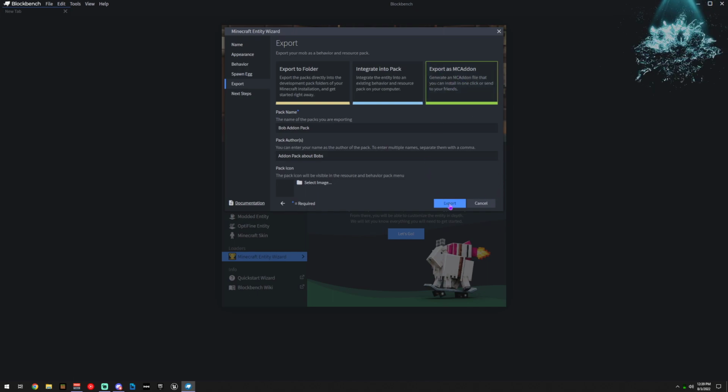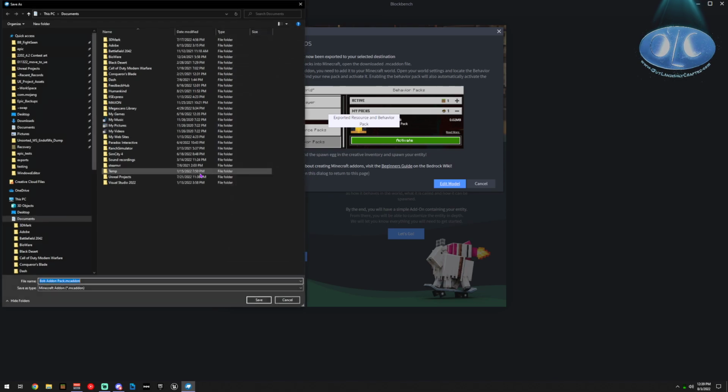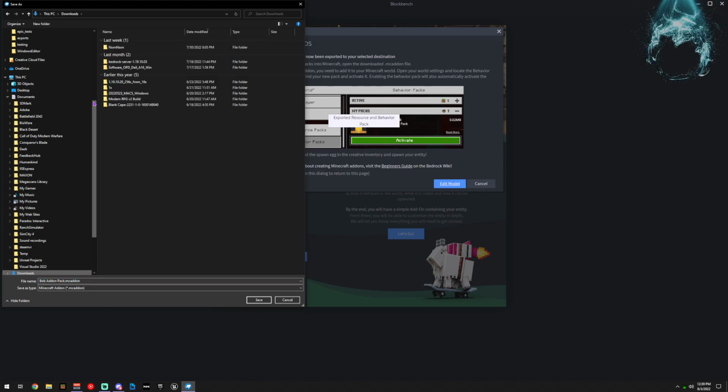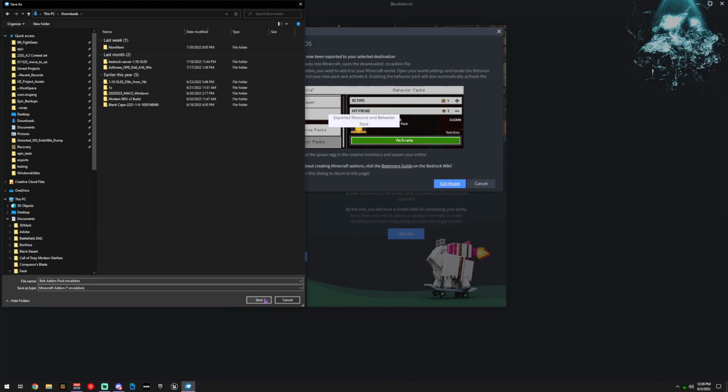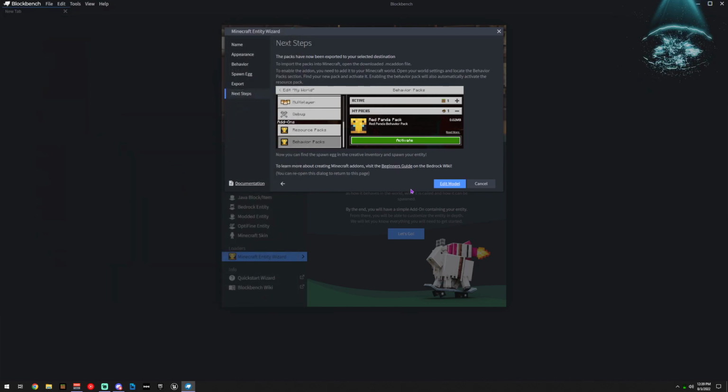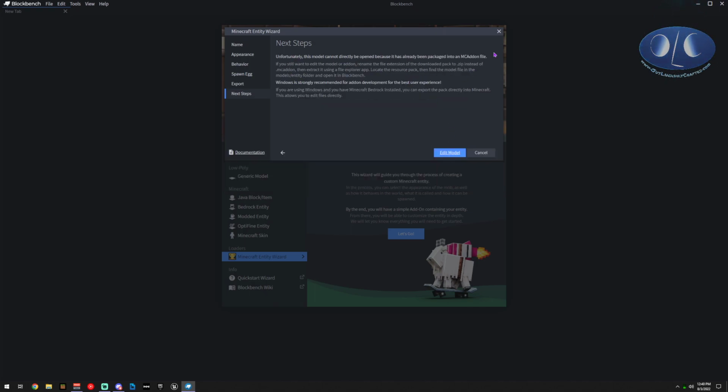So I'm going to run through this process really quick for you. So we're going to export. It's going to show us where we want to save this MC add-on, and it's really important we remember where we save it. So we're going to put it in downloads over here on the side so we can get back to it. We're going to hit save, and now really important, it's saying, hey, we need to put this in the game. If you want to do more editing and more stuff to your models and add animations and other stuff, you can do that before you put it in the game or after, but you need to know which one so that you know which files to edit. So I'm going to show you just doing it with the MC add-on.